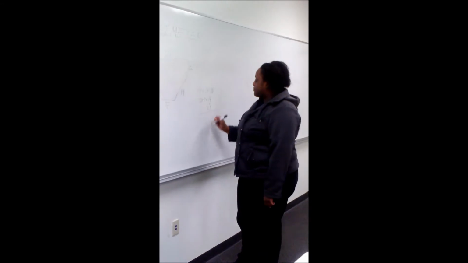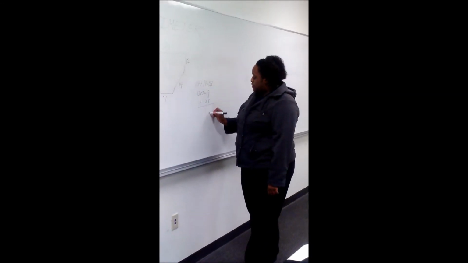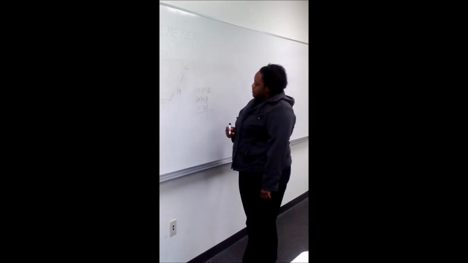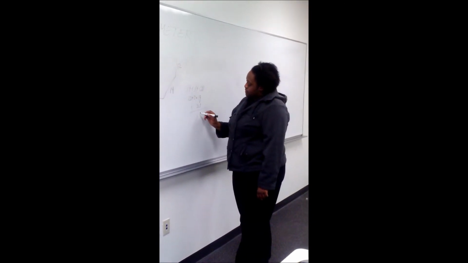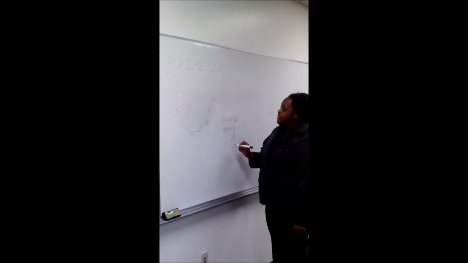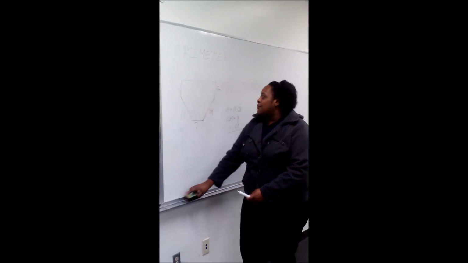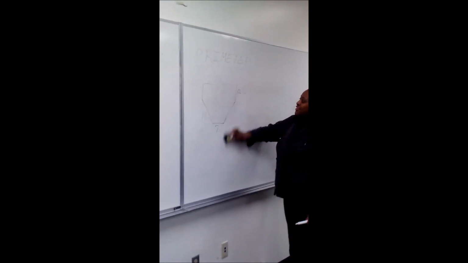Right. 8 plus 9 plus 1 is 18. Correct. 2 plus 2 is 4 plus 1. That's 5 plus another 1 since you carried over is 68. Good job. All right. So, now that we have perimeter,